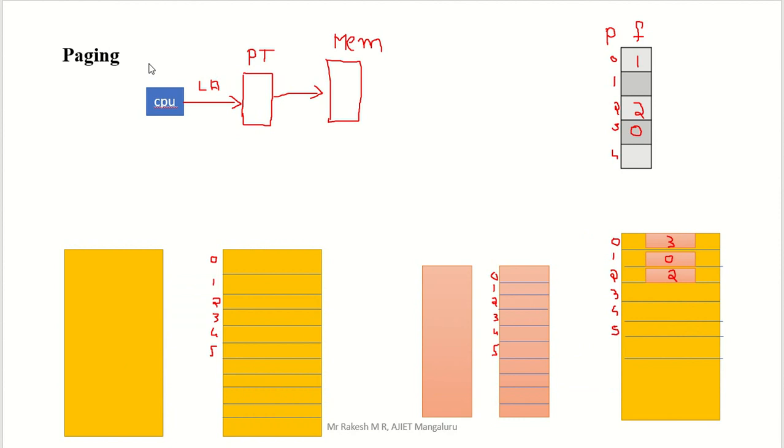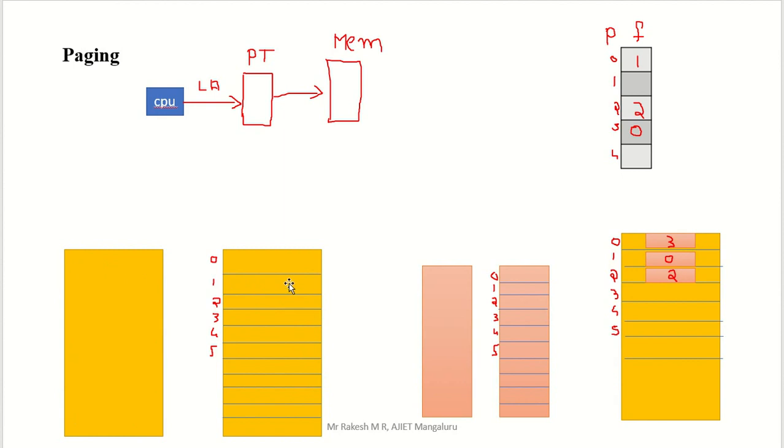Paging is another very important concept. I will explain paging with the help of a diagram, then I will come to the theory part. Here you can see the entire memory. This is the main memory we have. Now you are going to divide the entire main memory into small parts of fixed size.